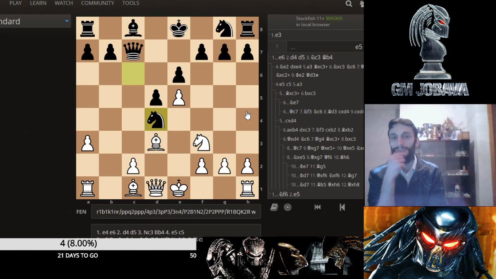Castle is possible, but it's a slow move. Black can play bishop d7, for example, then rook c8, and